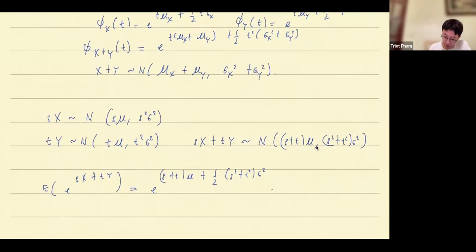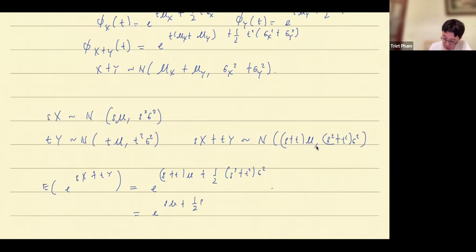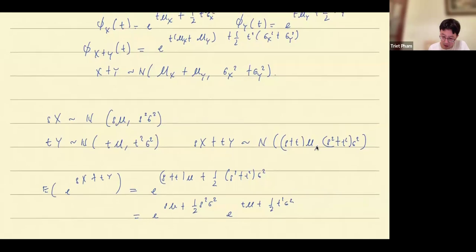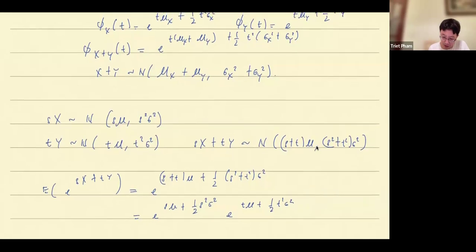But by property of the exponential, this is going to be equal to e to s mu plus 1/2 s squared sigma squared, and then e to the t mu plus 1/2 t squared sigma squared. So